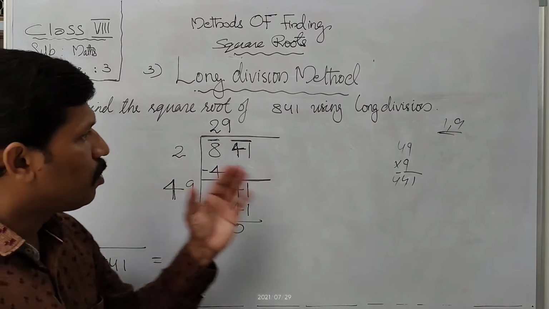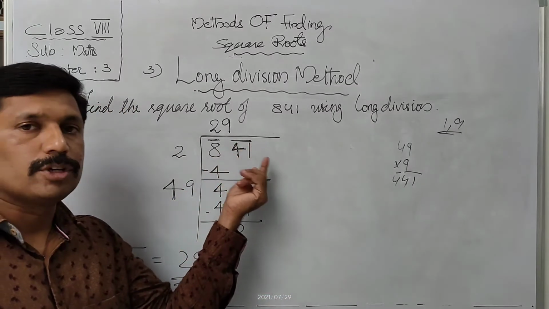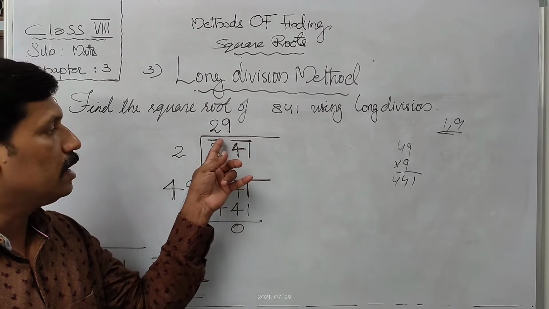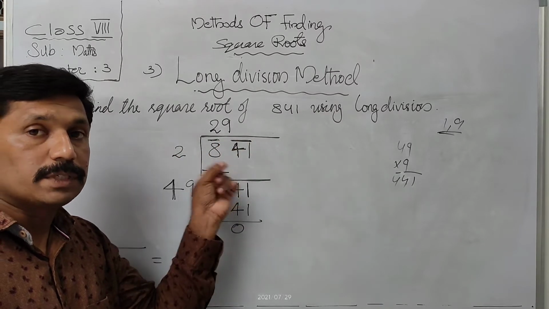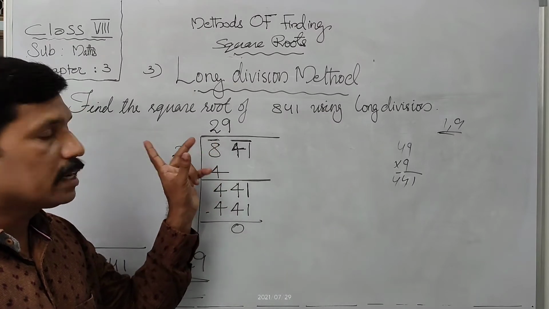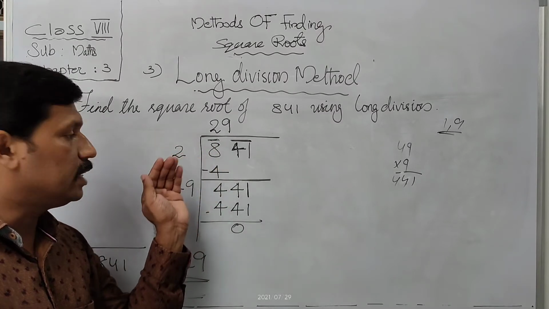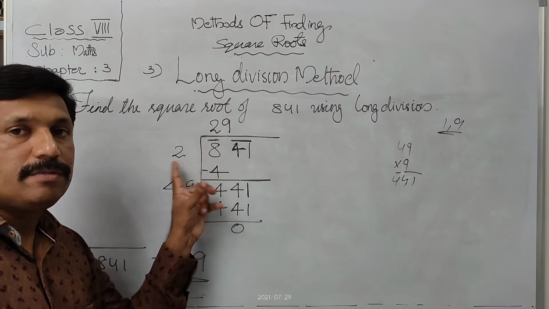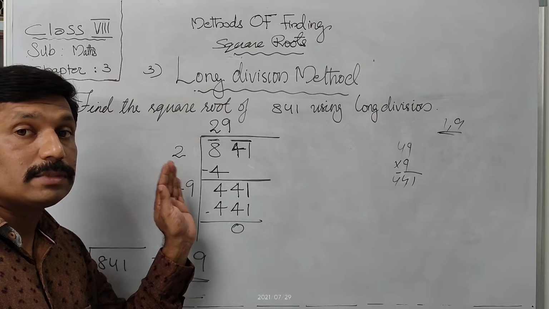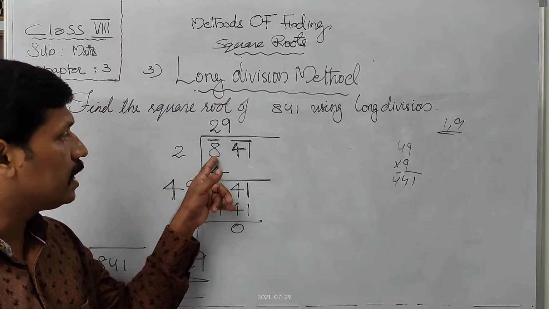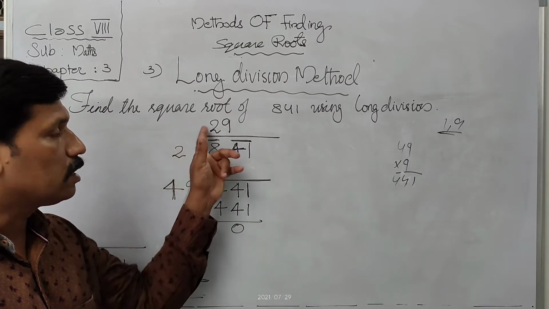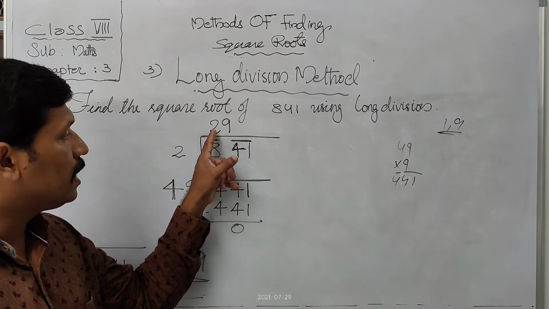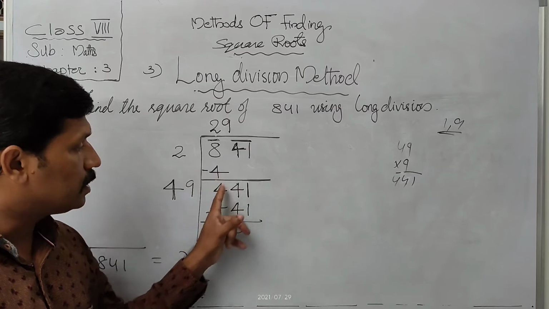Okay students, once more I will explain. First step is that we have to group the number from right to left in such a way that each group carries 2 digits, and if there is any group has 1 digit, take that as a group only. And then we see, if we take the first group, which is the perfect square that comes just before or equal to this number. Here it is 4. 4 is the square of 2. That 2 we write in divisor part and then in the quotient part. Then we multiply 2 into 2, 4, and then we subtract, then we get 0.